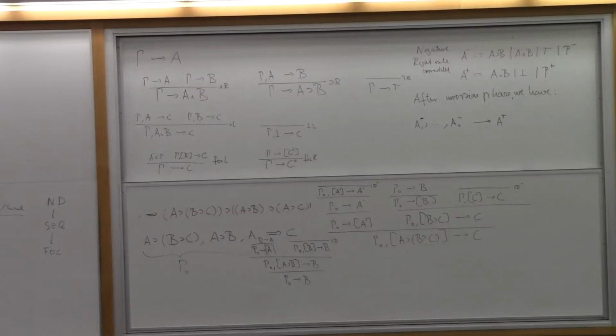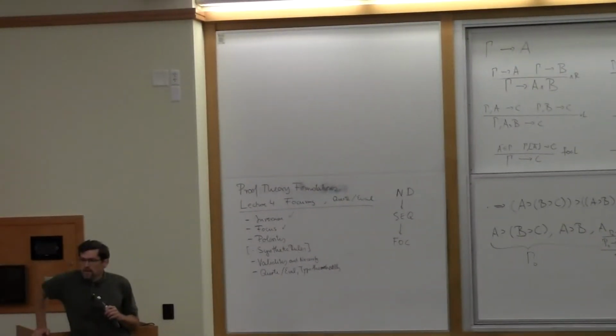So you said that we cannot focus on A or B, as we have before. But is that because the conclusion of A or B is different from the right side of the judgment? Right. But if we had A or B, or I don't know, B and C, then the conclusion of A or B and B and C won't be C. So focusing on A or B with B and C would be a resolution.